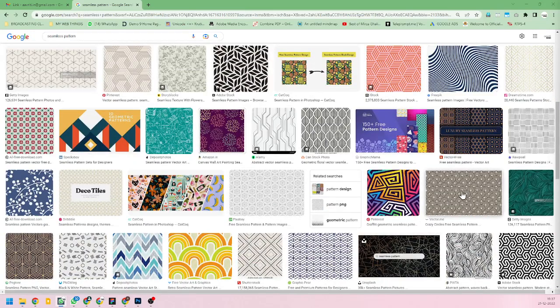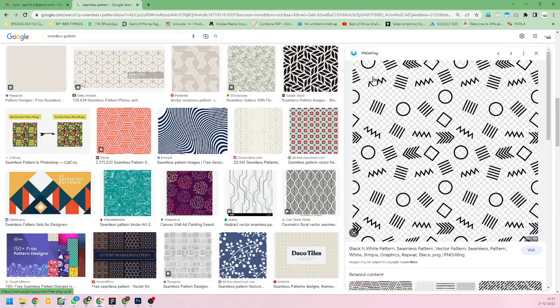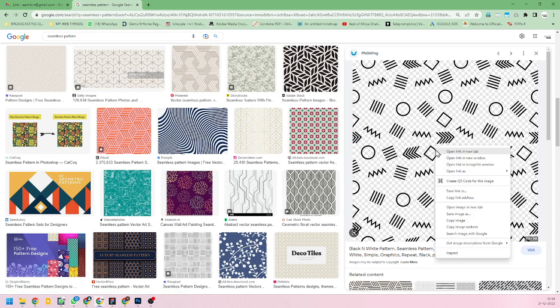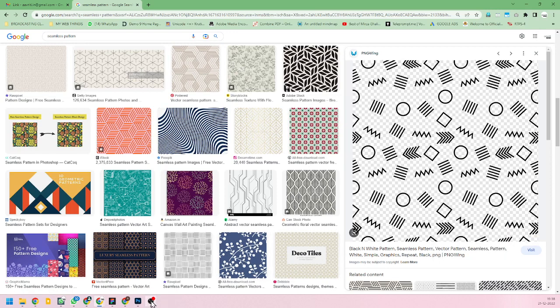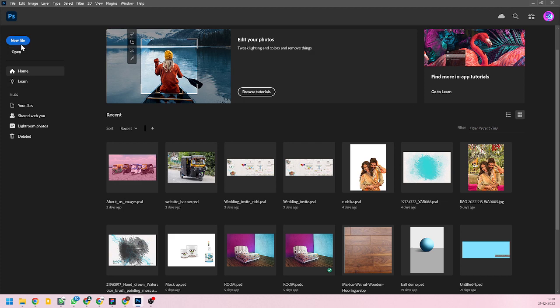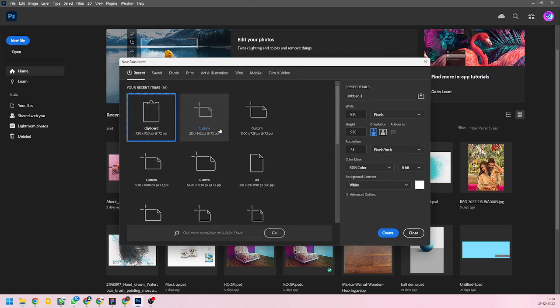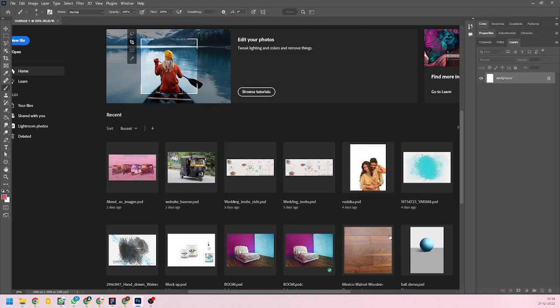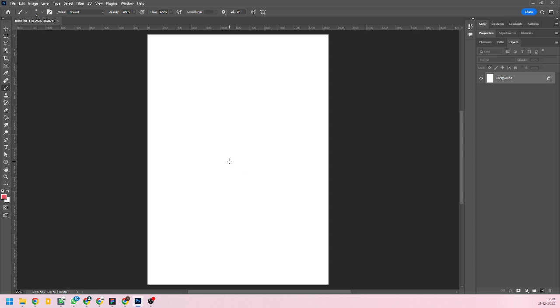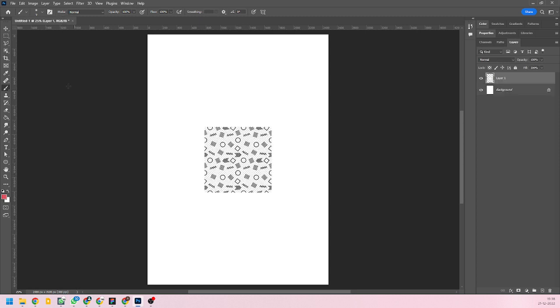For example, let's say this one. Okay, so this is a seamless pattern. How can we identify that? That is the first thing. So I'm just going to copy, and let's go to Photoshop, start with a new file, and we are going to go with an A4 size, and I'm going to simply paste it here. Now